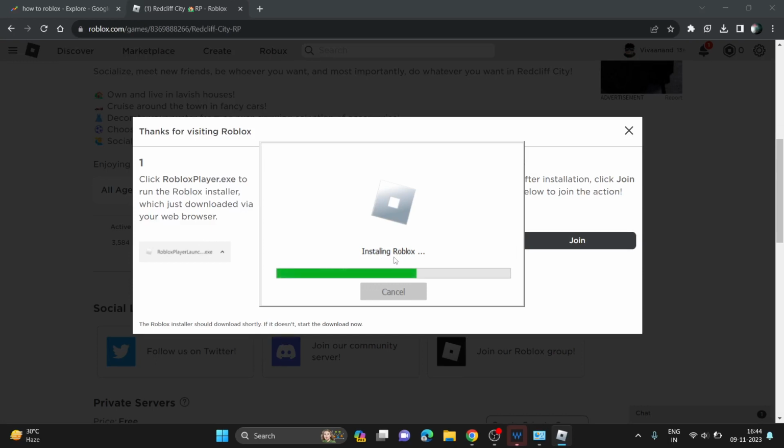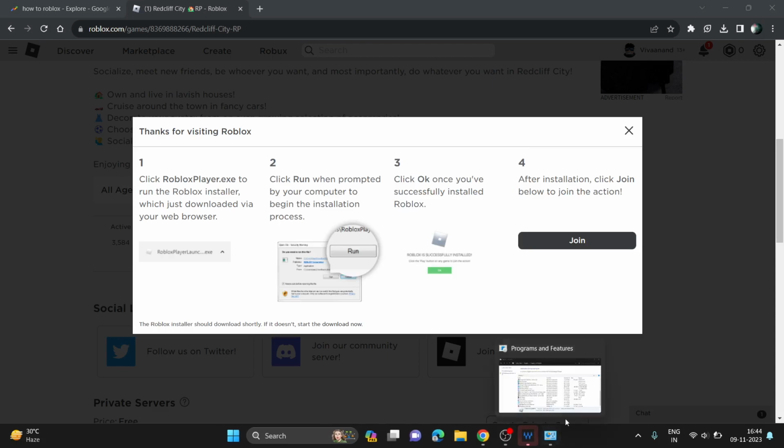and once you install it, it will automatically open your Roblox app, and even you don't have to log in because if you have installed the Roblox Studio, it will log in by that app as well. So now it's starting the Roblox app,